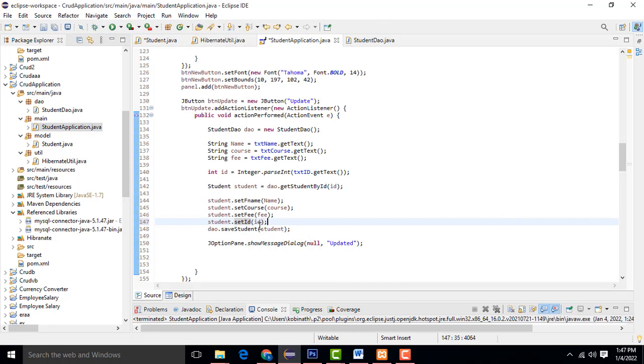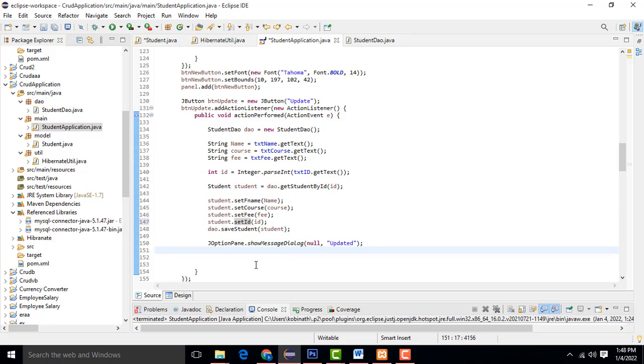Okay, set ID, I had given a wrong name. That's it, now it will be working. You have to do the set ID, then only it will update the record. I hadn't put it here. Okay, set ID, it's working properly. Get the record, you have set all the stuff, and it will be updated.